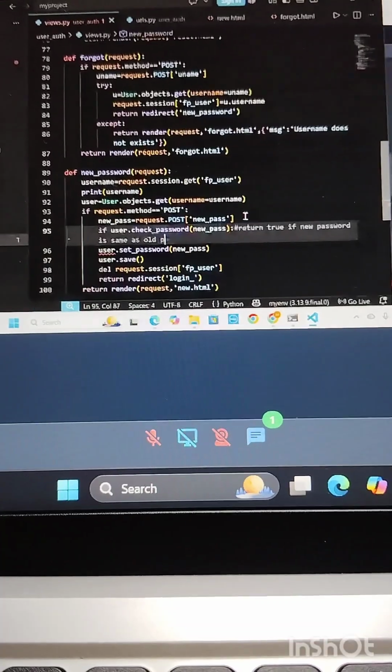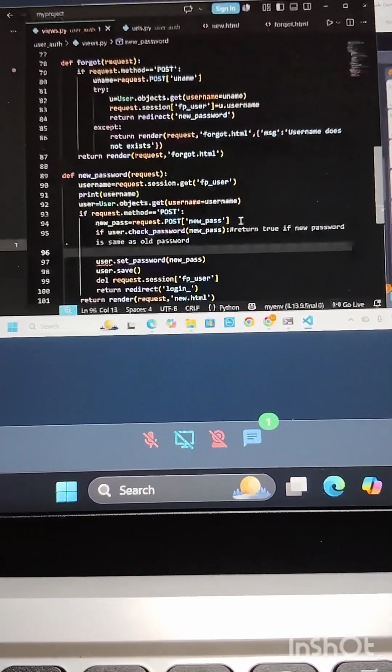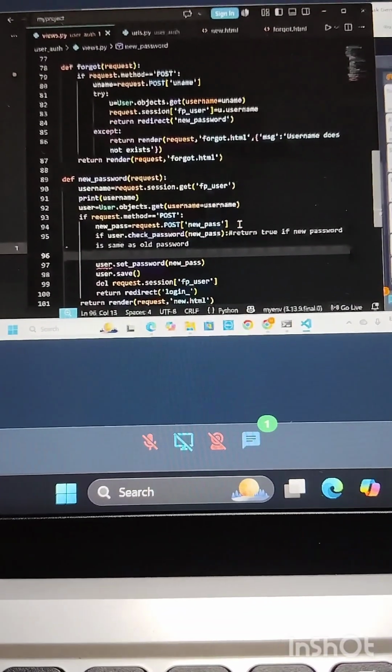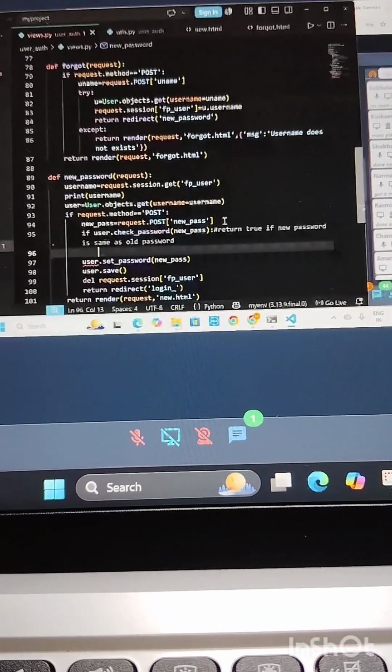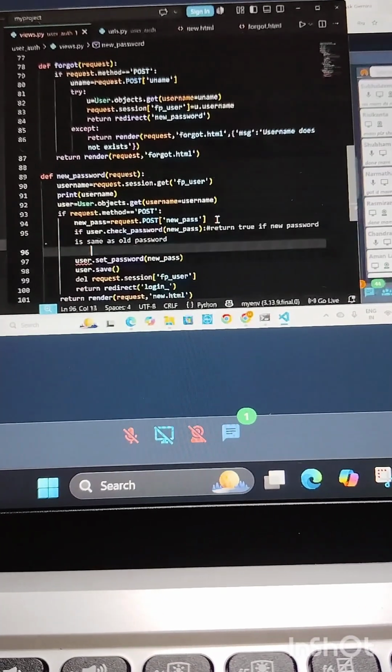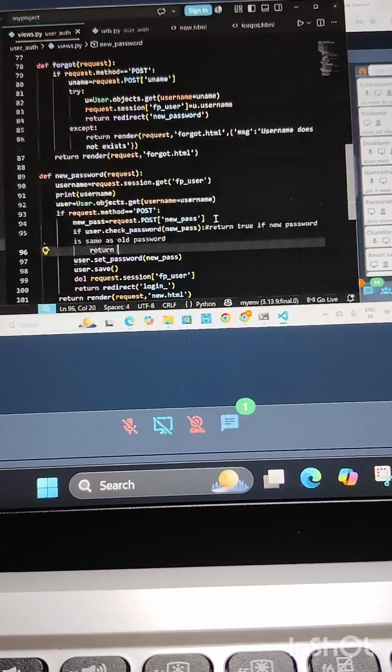So at that time what I will do is render the new.html, but with a message that new password cannot be the same as the old password. So return render,